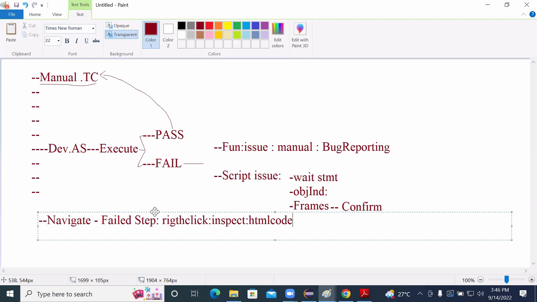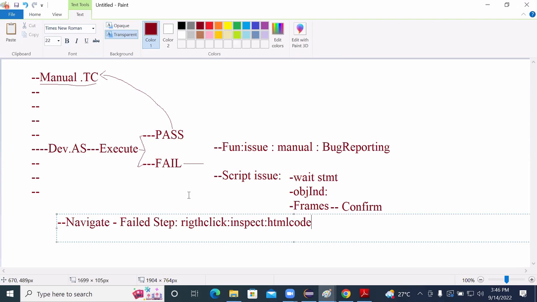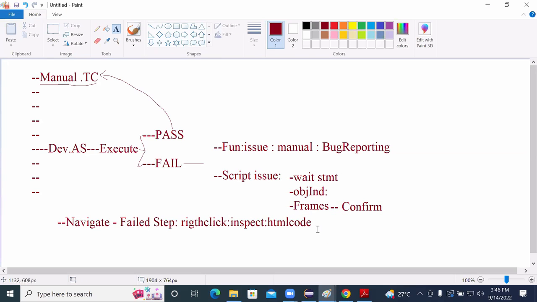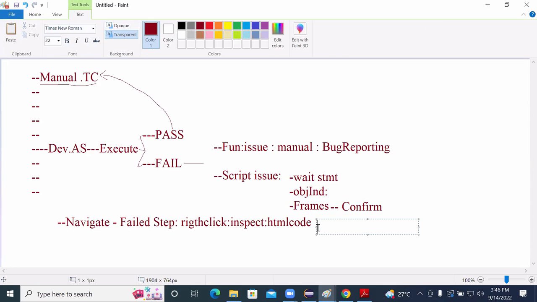In this particular HTML code, you need to search with the tag name, considering iframe, or with the tag name, considering frame. You need to take one particular tag name, iframe or frame,